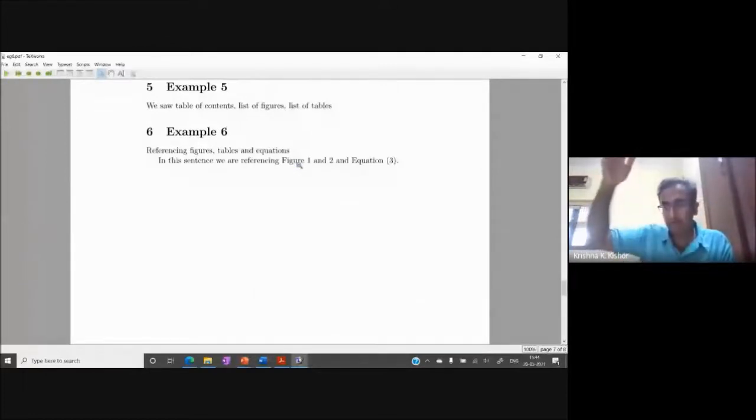Then you'll have to go throughout your document. If there are 50 places where you're referencing that figure, you'll have to go to every place and change it. So that gets tedious, right? I think in the later versions of Word, you can get away with it, but I find it's a little cumbersome, right? So that's the last example that I had.